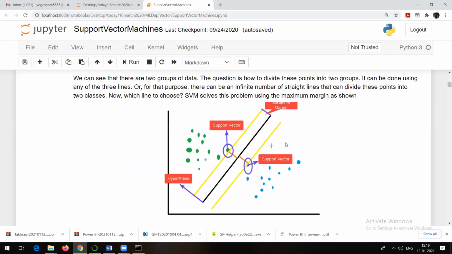See, this is what it's going to do in the background. Now, this black line is your hyperplane. Obviously, there are an infinite number of lines which are possible, but this line is chosen as the hyperplane. Why? Because we have taken two points, one from this group, another from this group. As it's a supervised learning approach, it means you are already aware of the input as well as the output. Your data is labeled data. That's why we know that this particular point belongs to this group and this particular point belongs to this group.